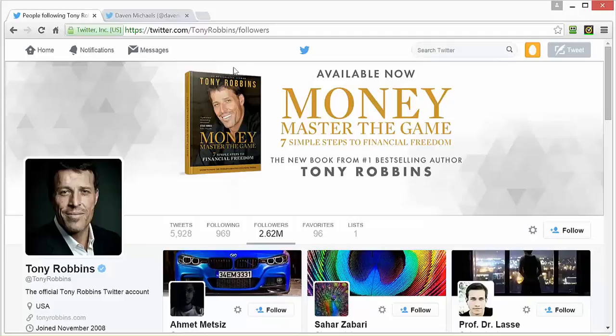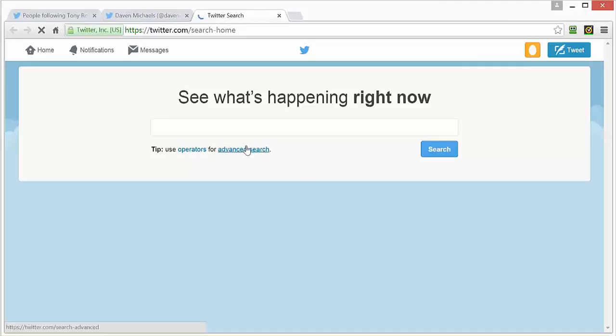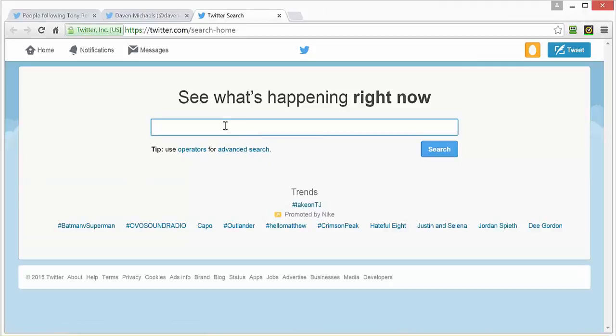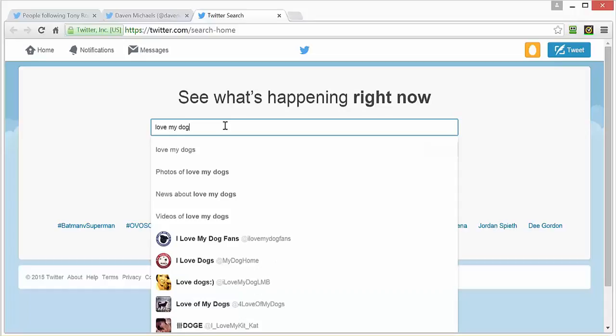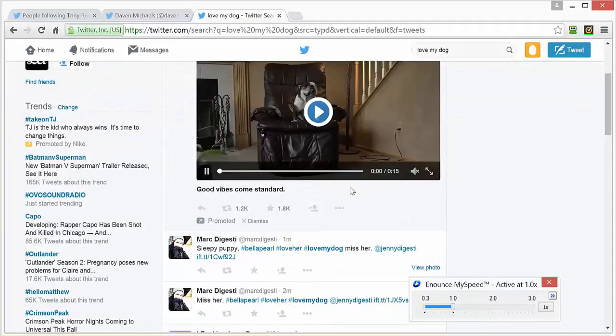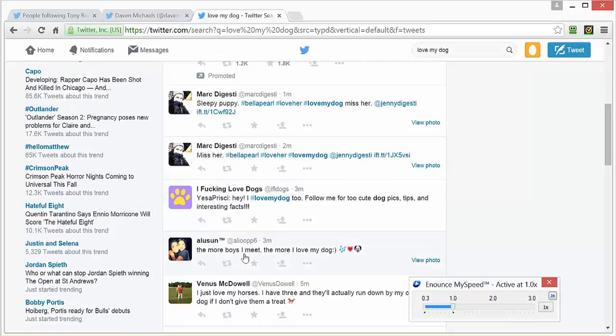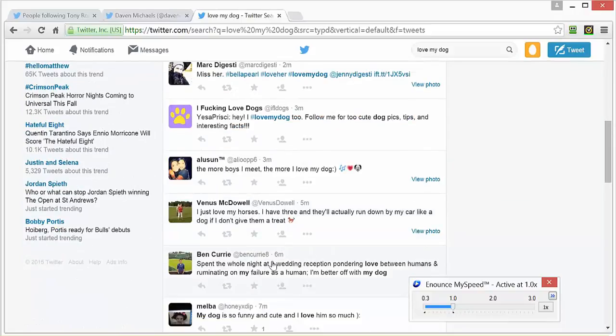So let's go back to search.twitter.com, and let's put in "love my dog." All right, and we can look for live, so people who mention love my dog. Actually, here's some hashtags here. Here's I love my dog. So you can have your VA look for these keywords and people that are using